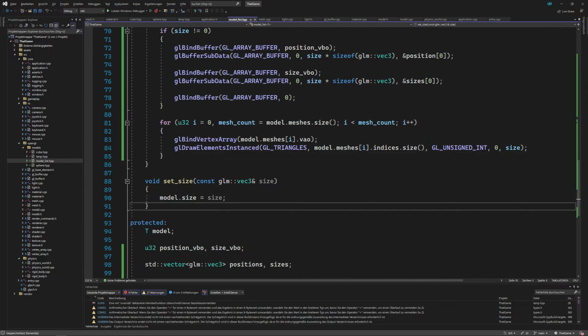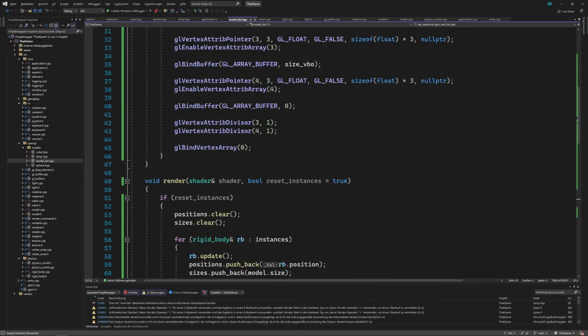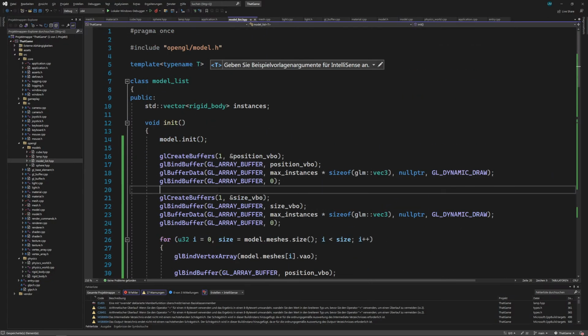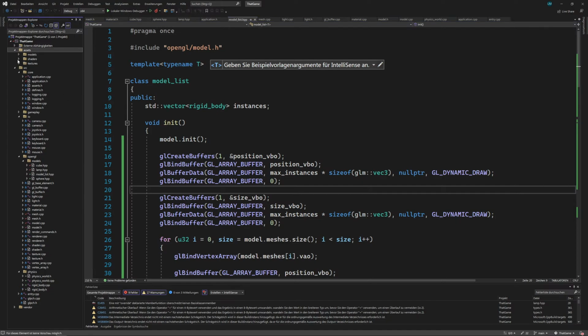Okay, nice. That's it for the render method, and that's honestly it for the instance rendering implementation. But now that's not it for a lot of stuff. Okay, we need to do a few more things, which firstly is